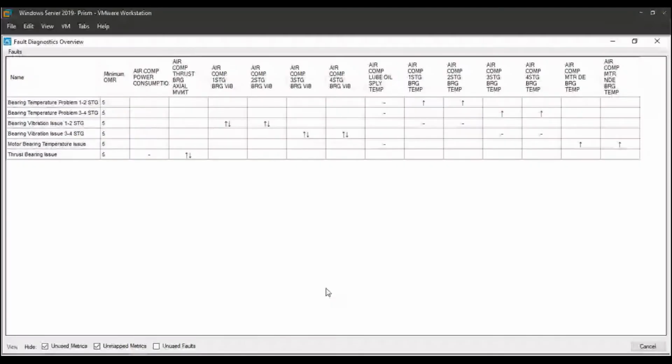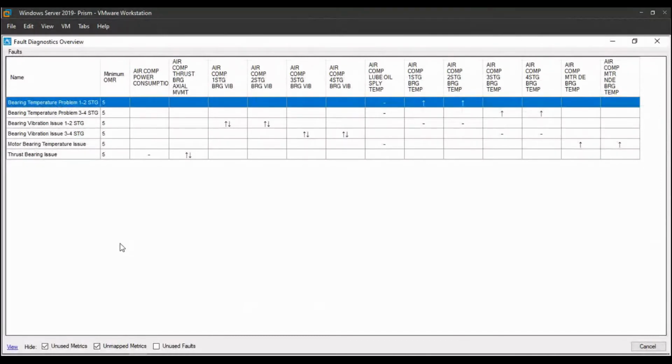The table that you're seeing right now is basically how various variables inside a project are coded together into a relationship, and that relationship then defines what a particular fault is. Let me just repeat that. If I want to code a fault known as a bearing temperature problem, there are multiple variables whose values and trends will change over a period of time, and all of them put together will tell me that that relationship means that a fault is going to happen, or that this is a fault.